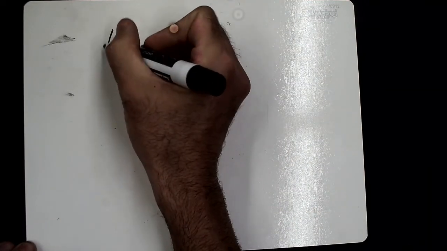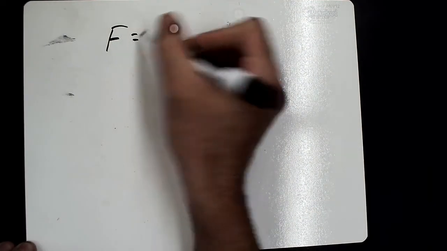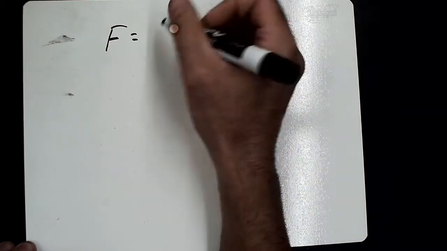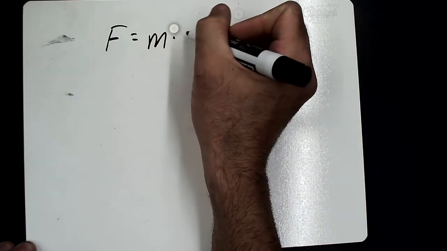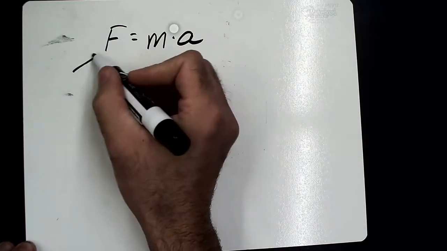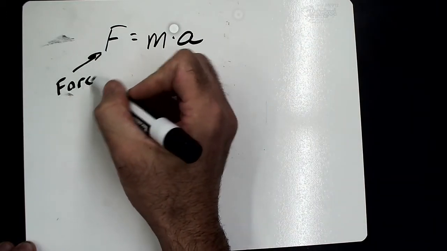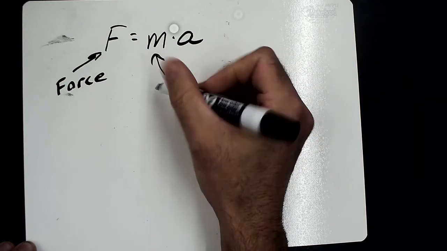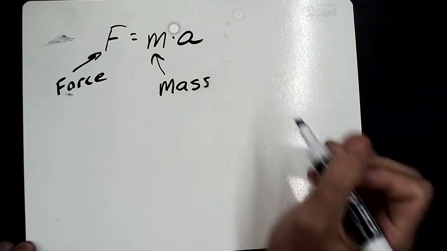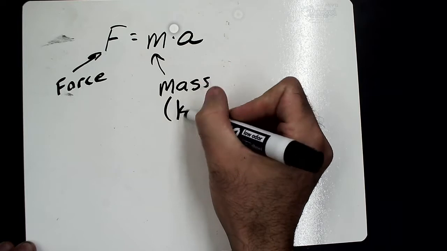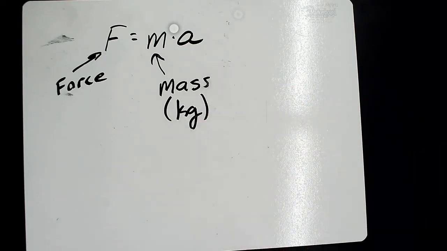Wanted to make a quick video on Newton's law and working with the equation, and then just some unit stuff as well. So the equation that they give you on Edgenuity is F equals m times a. This is the force, this is the mass, and this is where they're going to try to throw you off. The mass has to be in kilograms, so I'm going to go over that as well, how to convert grams